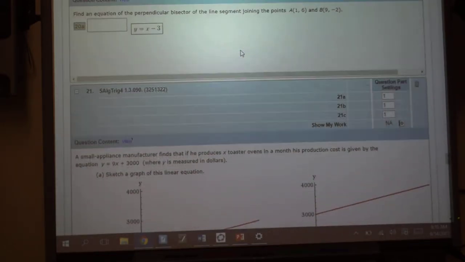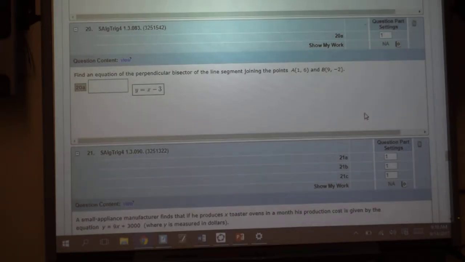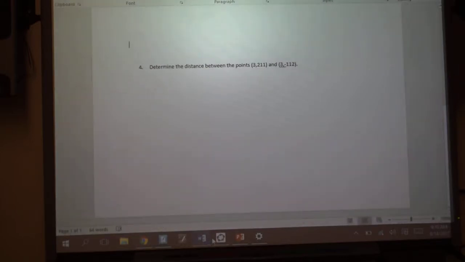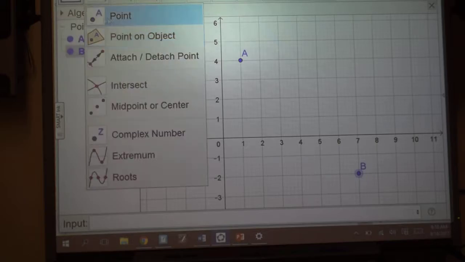All right. So the key thing here is the phrase perpendicular bisector, right? Okay. Now I did this exact same. Is everybody's 1, 6, 9, negative 2? Like I've generated this a couple times and it's giving me the same question. So somebody give me their ordered pairs. Callie? 1, 4, and 7, negative 2. Okay. Just so we have a series of different questions on the video. So 1, 4, 7, negative 2, and we want to